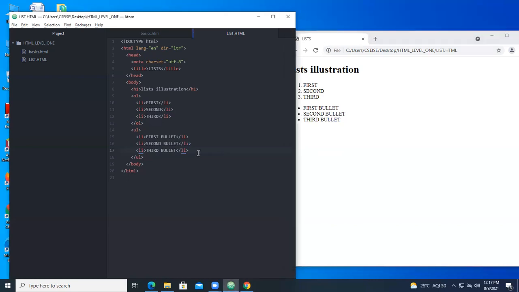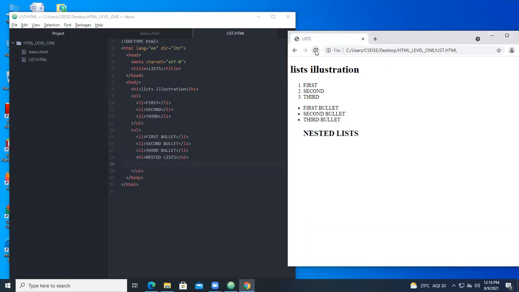Okay, so now you come to the demo of using an ordered list inside an ordered list, and vice versa. That means nested list. That is the concept I am taking. For the next heading, inside that I will be taking H2. Under H2 you take it as nested lists. Nested list means placing an ordered list inside an unordered list, or an unordered list inside an ordered list. Okay, so this is the representation we have taken.